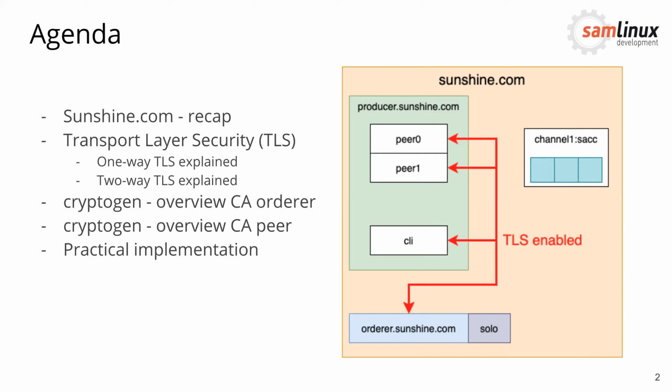The second way is two-way TLS, also known as mutual TLS. I will show you the difference between these two methods. In Fabric you can use both methods,